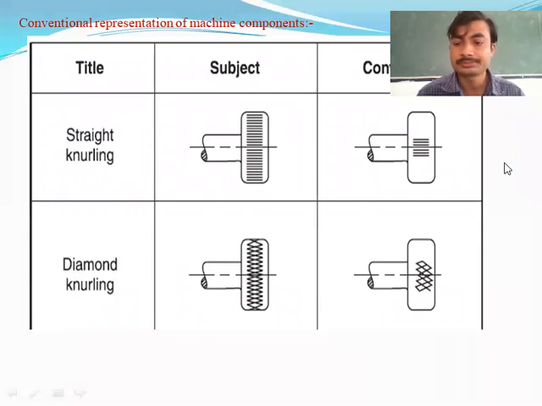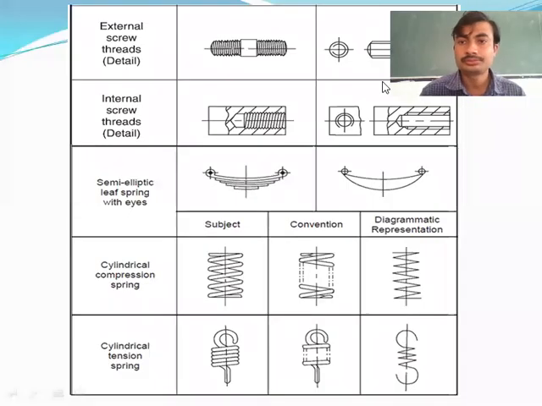The next one is external screw thread. How to indicate the screw thread? So this is our external screw thread. What do you mean by external screw thread? Let us consider a shaft or any round surface material. If you create threads on the outer surface of the object, then that is known as external screw threads. Suppose you make the threads inside the object, then that is known as internal screw threads.